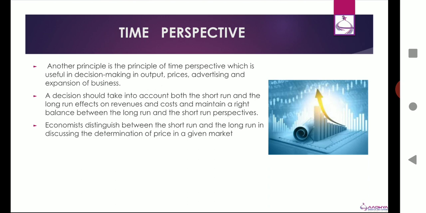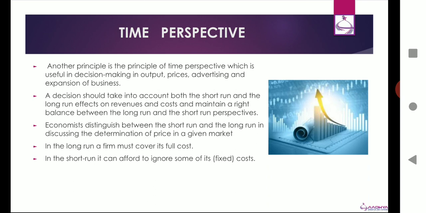But the major difference, which identifies the difference between short run and long run, is: can a firm change all of its inputs? If a firm can change only a few of its inputs, it is termed to be in the short run. In the long run, a firm should be able to modify any of its inputs, including land, labor, capital, and organization. In the long run, a firm must cover its full cost. If it is not able to cover its full cost, it will not be able to function at all.